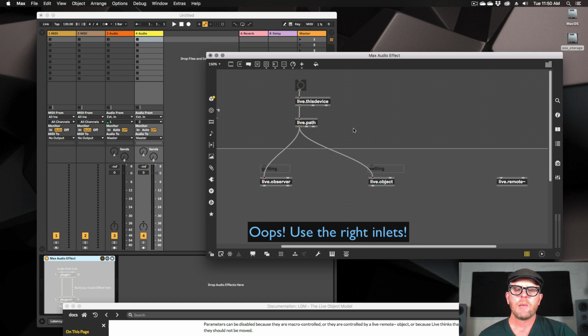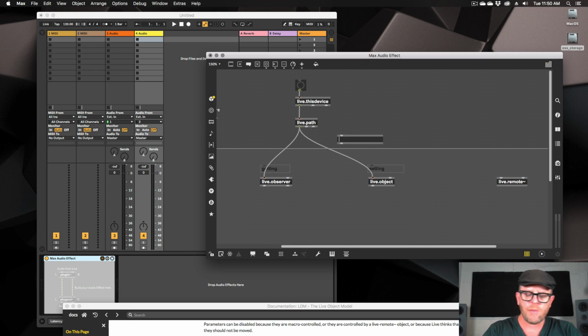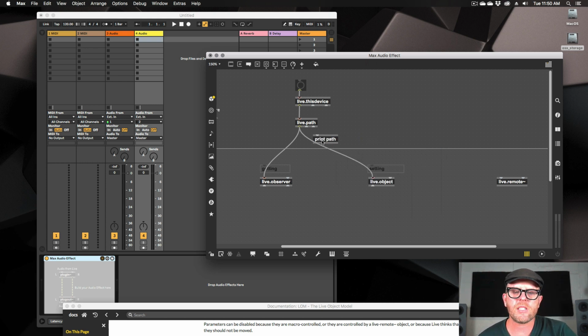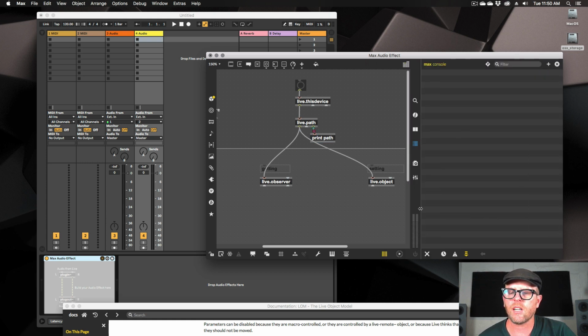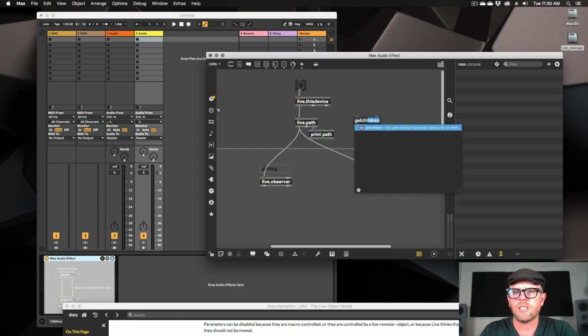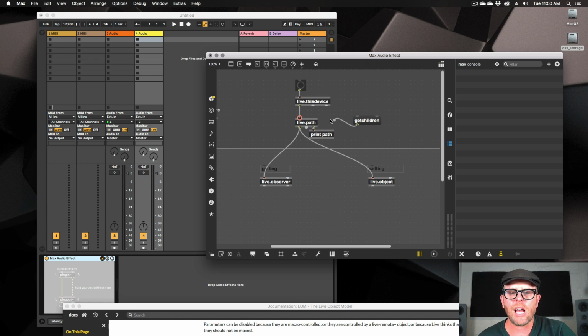But all right, so what we want to look at first here is let's add a print path, and you don't have to, of course, put path there. It just allows us to denote what's going on in the console over here. So clear out the console, and this is going to allow us to see what's coming out of the dump output right here. So get children to see where we are allowed to start. And what we see here is that the children for this are this device, control surfaces, live app,